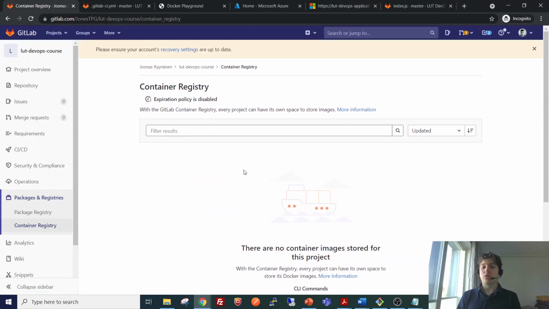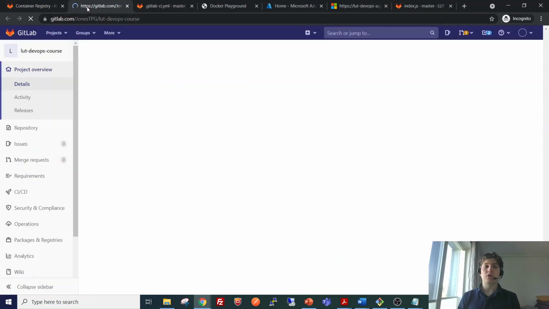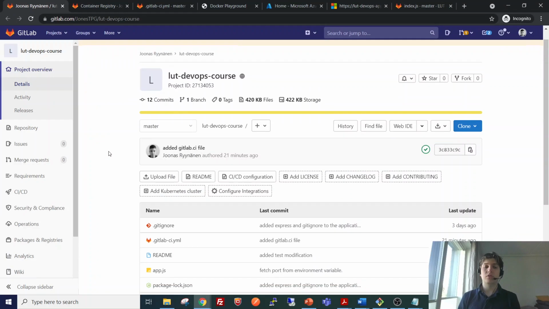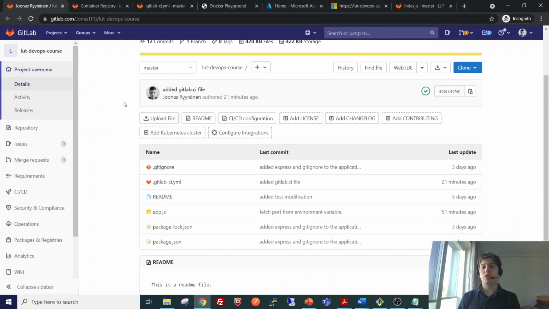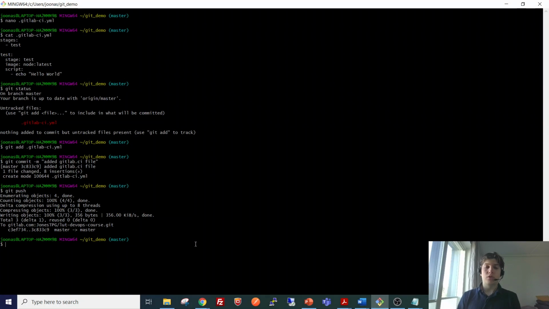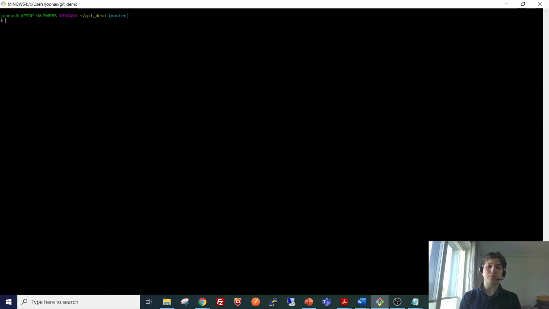But the first thing we need to do is create the Dockerfile inside the repository too, as I haven't yet made it. I only made it in Docker Hub for demonstration purposes. So let's go ahead and create a Dockerfile here.